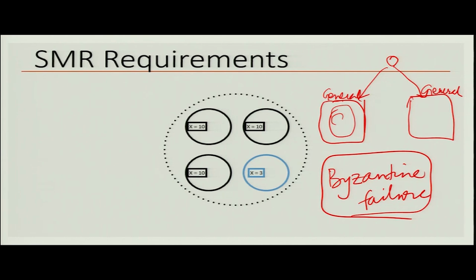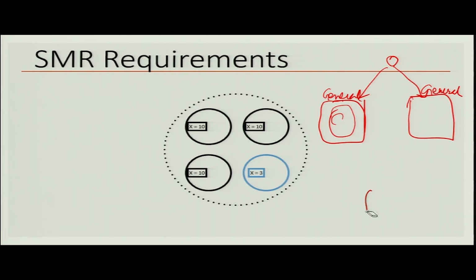For example, if the commander says both should attack. So, let us say I have a situation where the enemy is here and you have battalion 1 and battalion 2,